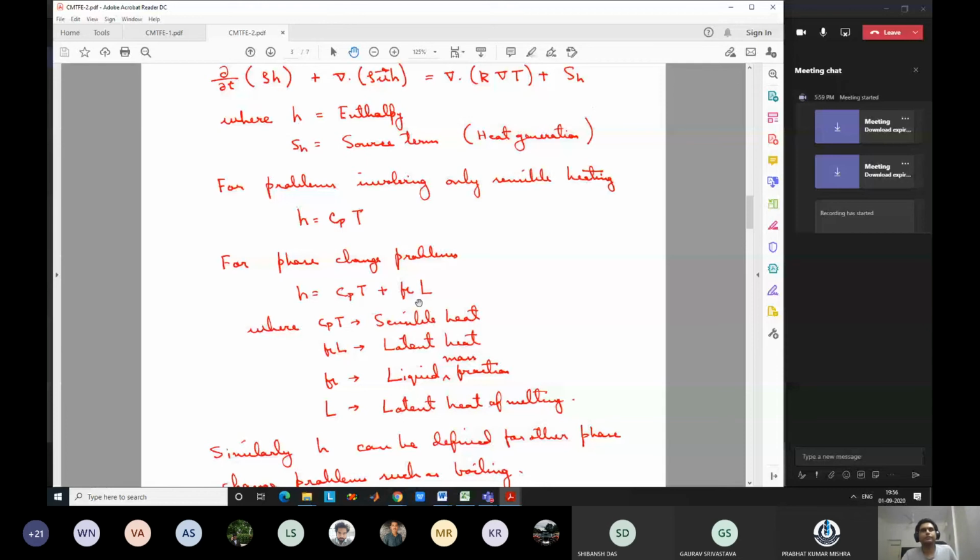Sir, can you repeat the last sentence? Last point what I am telling is that the reference of latent heat also is not fixed. I can take any reference for defining this latent heat. In this case, what was the latent heat reference? Reference means zero latent heat. What was the reference? Solid state. So I have assumed that whatever is the solid, in solid form it has zero latent heat. Zero latent energy. Only energy is sensible energy.